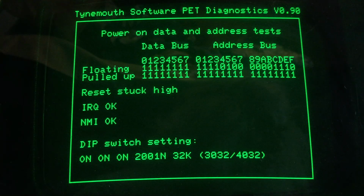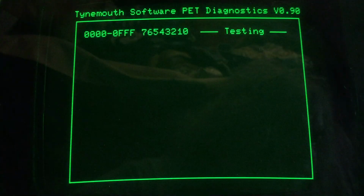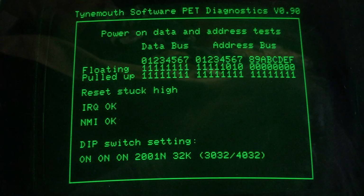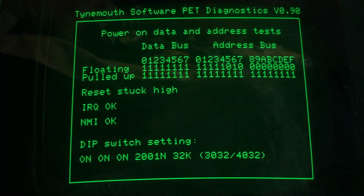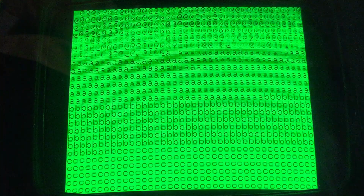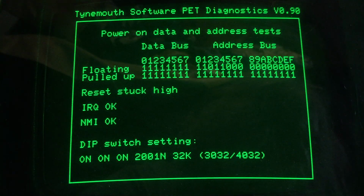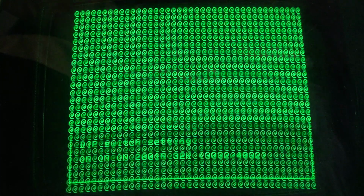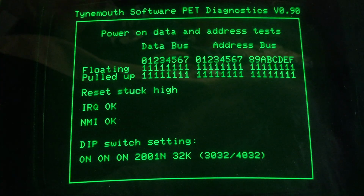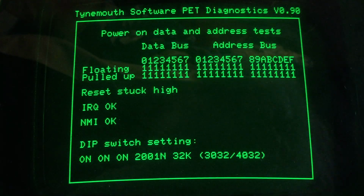Yep, and on the back side of this, it does say that, well, this is interesting. If your 2001 board with 2114 J1... let me see. Okay, that has something. Oh, I see. Okay, right. Okay, so according to this